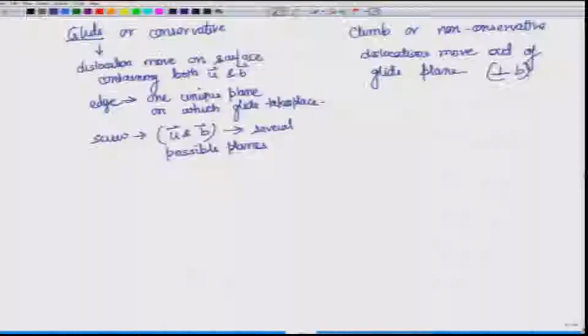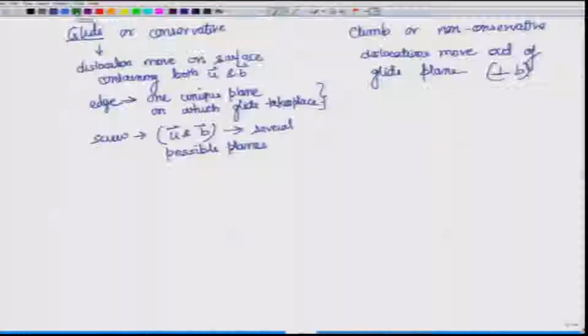So, there is different meaning of glide, but for edge dislocation as we can see there is only one plane, and this will help us understand the concept of lattice movement. Now, that we are talking about one unique plane, let us see what exactly it means by movement and where this resistance comes from. Since it is one unique plane, we will be able to explain it better in these terms. The same concept can then be extended to the screw dislocation.